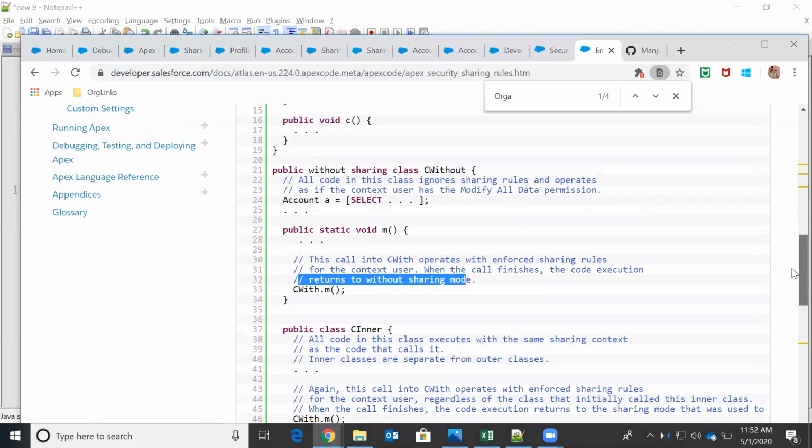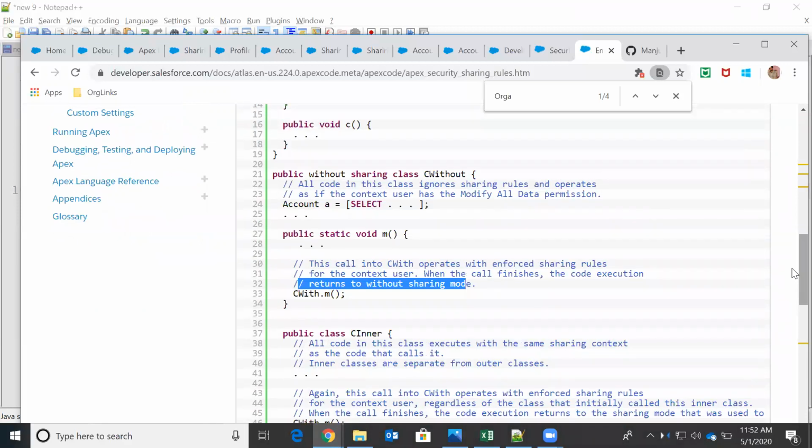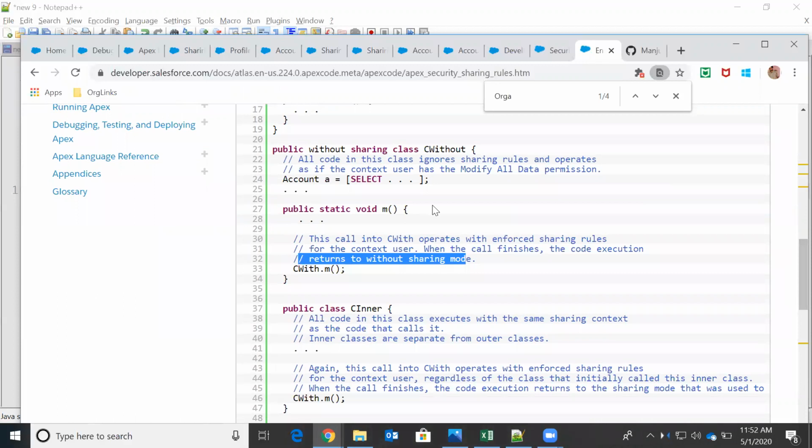Okay. The third question is, let's say I have this class as without sharing, and there is an inner class. The inner class will not take the outer class's sharing mode. If the outer class is without sharing, the inner class will not take without sharing. Even if the outer class is with sharing, the inner class will not take with sharing.